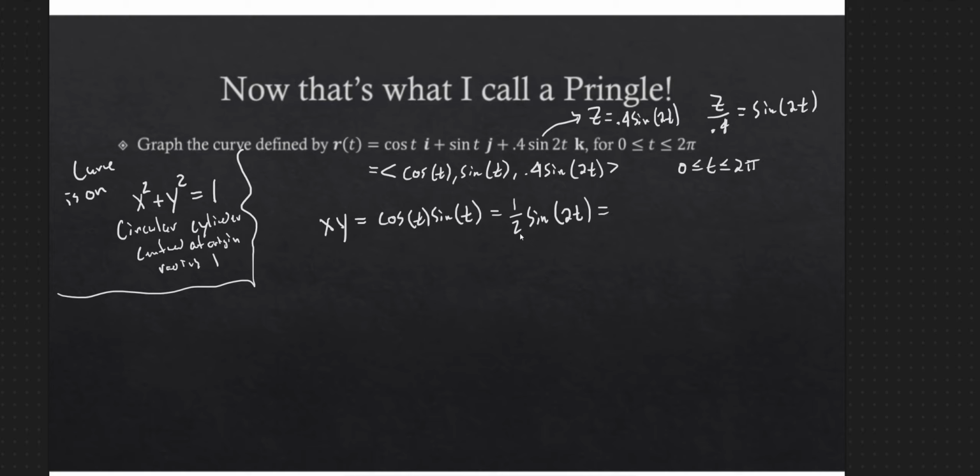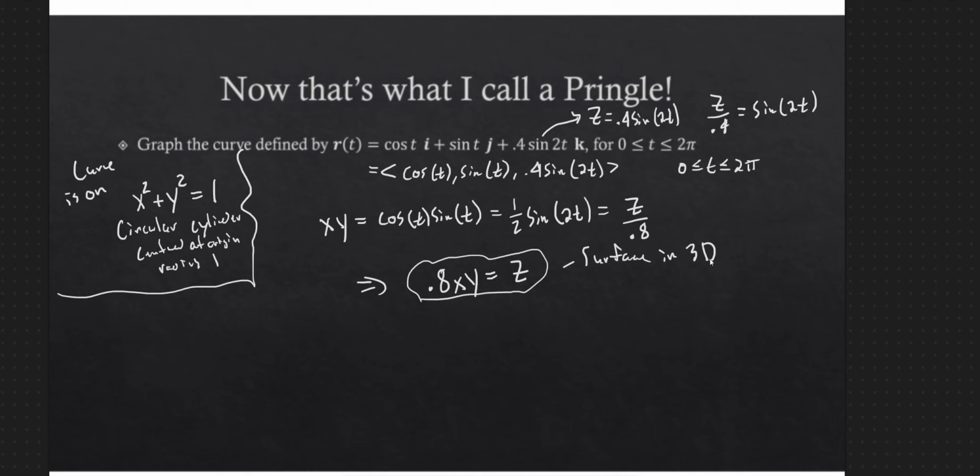So I'm going to go ahead and bring these things together. I have z over 0.4 times 1/2. So this is going to give me z over 0.8. And I'll go ahead and make this look a little bit nicer. 0.8xy is equal to z. So this is another relationship that holds between the three variables. That is, 80% of the product of the x and y components gives me the z component, always, at all points on this curve. So this gives us a surface in 3 dimensions, right? We have a relationship between our 3 dimensions. This is some surface